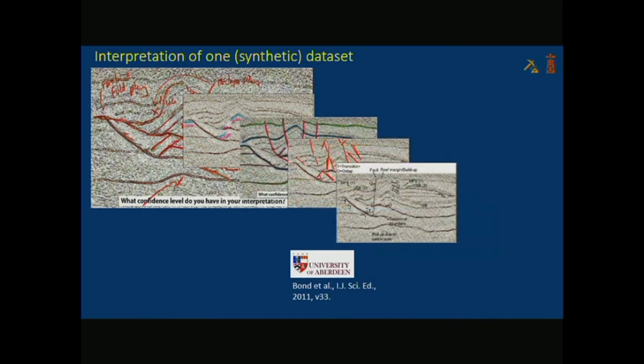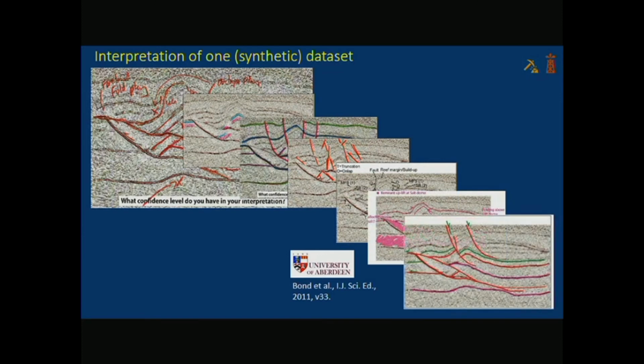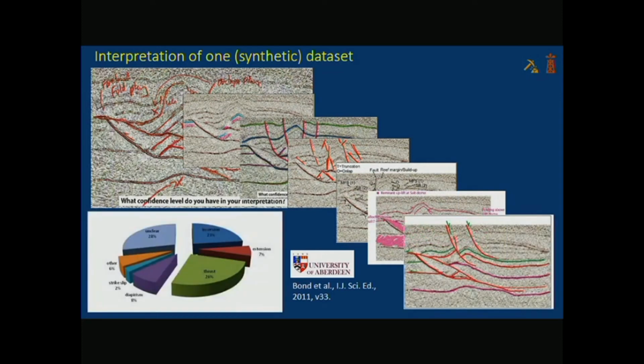And they were all variably confident as well. And when you actually look at it, there's inversion, there's extension, there's thrust, they didn't know, there's diapirism, strike slip. So every interpretation under the sun is coming from this same synthetic seismogram where we actually know what the answer is. So interpretation ambiguity is a killer not just in oil and gas, but as I showed you before, in the hard rock seismic, it's going to be even worse because the quality of the signal we're getting out is much, much worse.